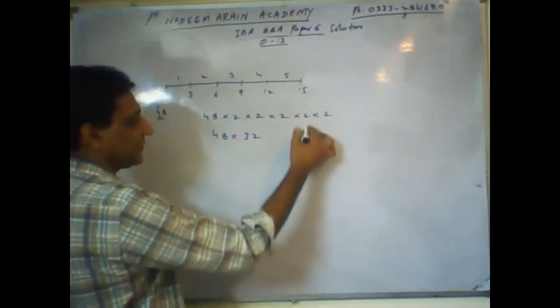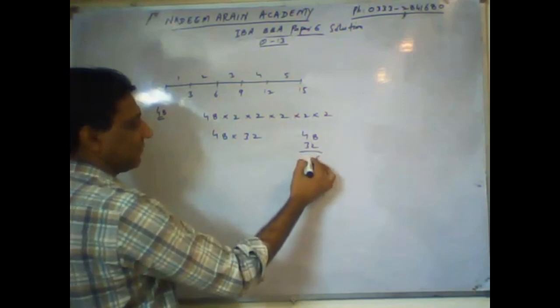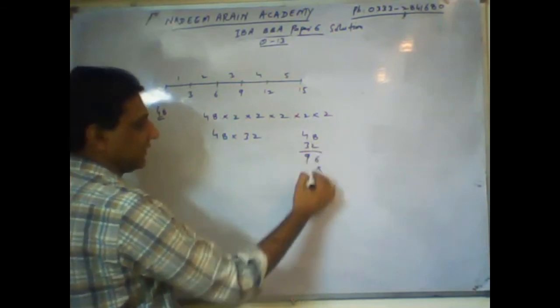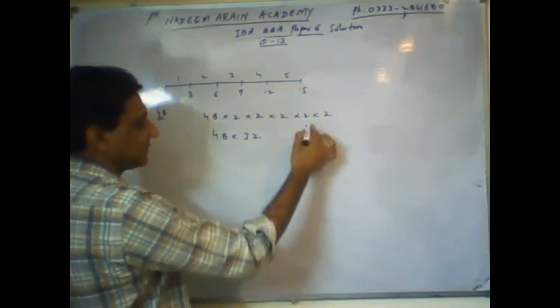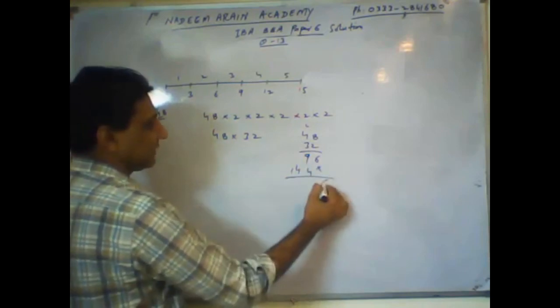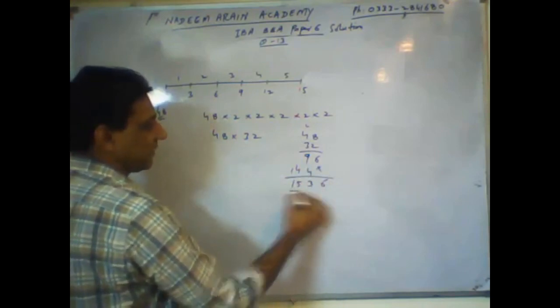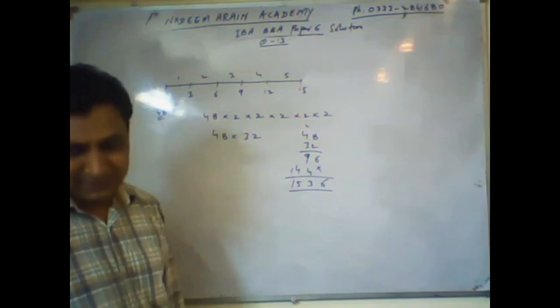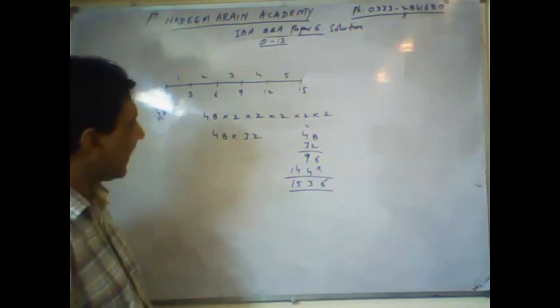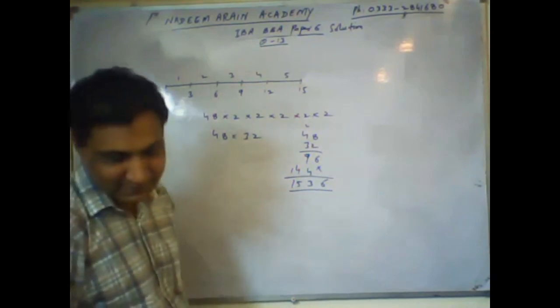8 times 2 is 16, 6 and carry 1. 3 times 8 is 24, plus 1. 3 times 4 is 12, and 2 is 14. So there will be 1536 bacteria at the end of 15 hours, and that is option